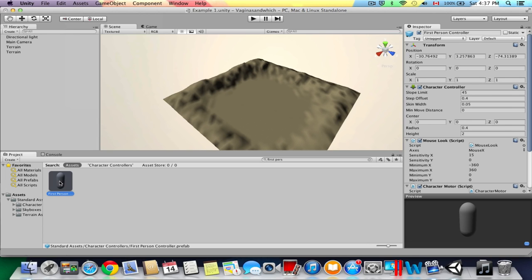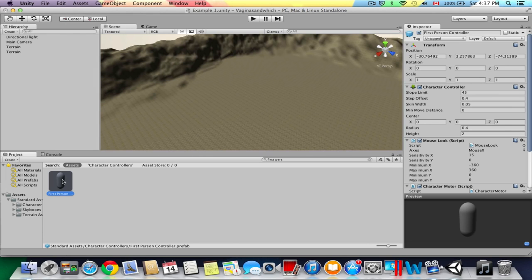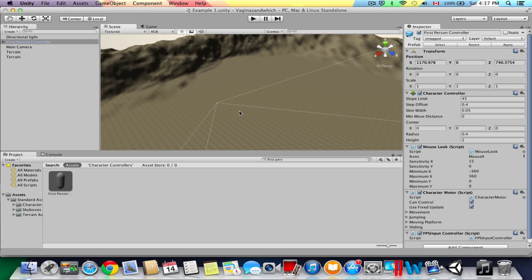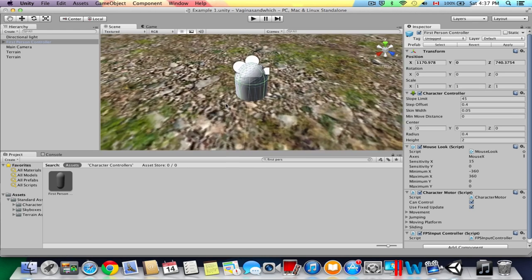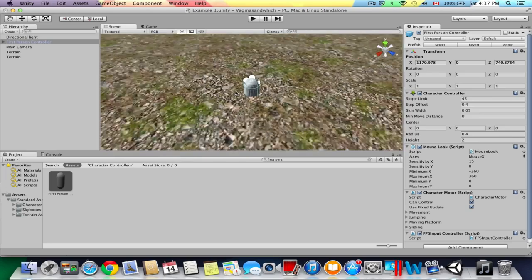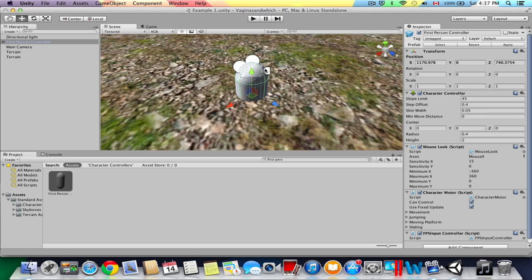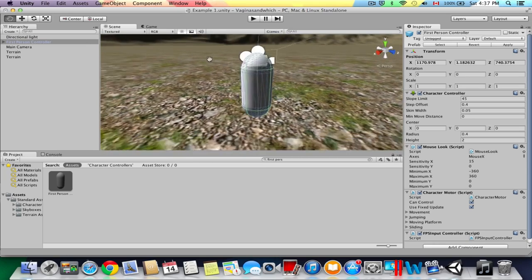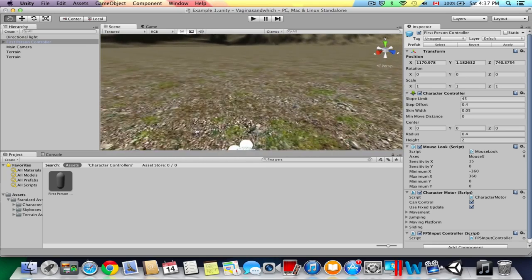And yeah, so we're gonna drag this into the scene, and once you've got it there, you can zoom in by pressing F, and we get a really close-up of the player. So let's put the player above the ground. Make sure, this is very important, make sure the player is always above the ground, or else he's gonna sink